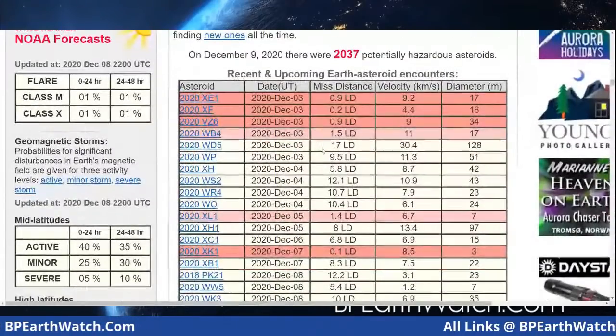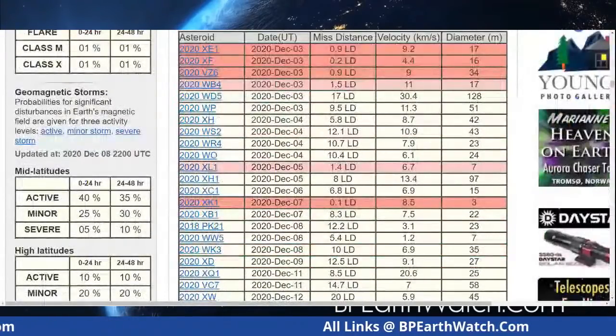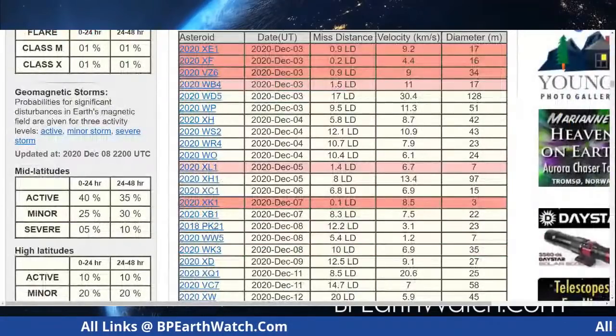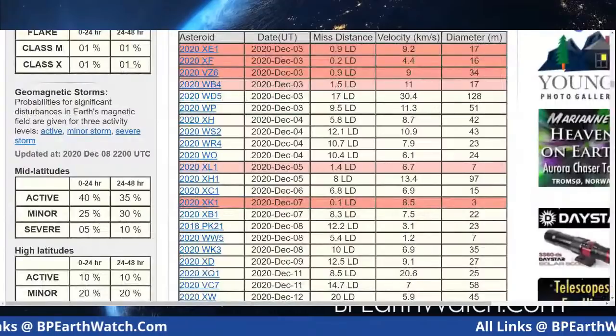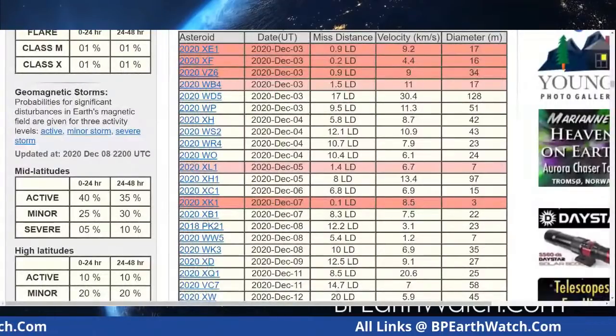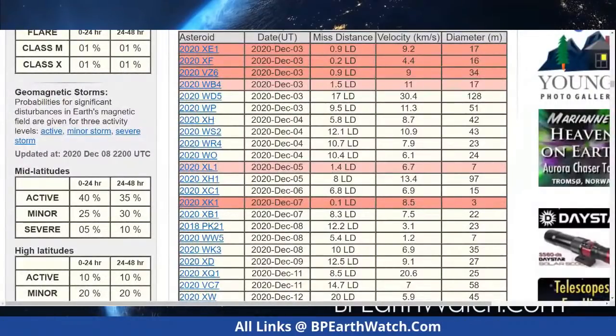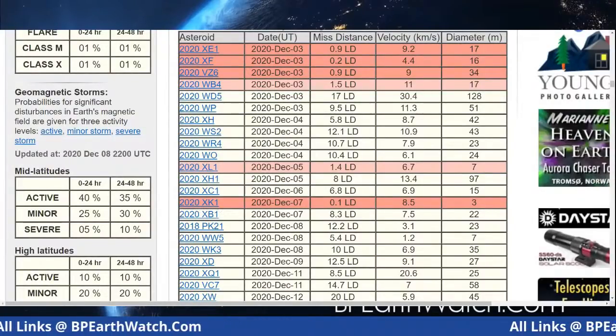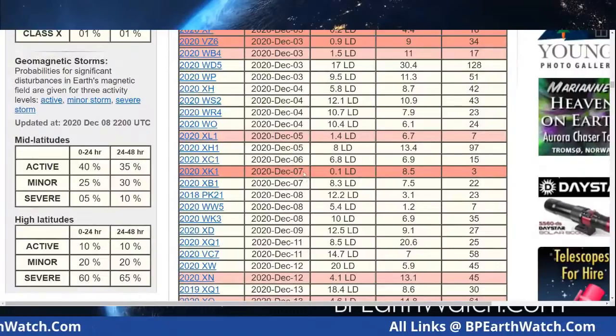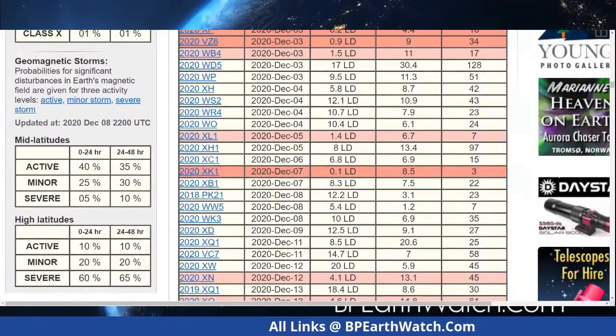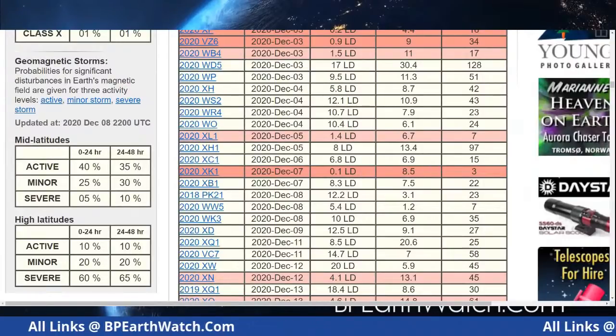Now, when they get close, it's when they are going to come into our atmosphere, or in the upper atmosphere between us and the moon, maybe. But a lot of people ask me, what about 2020 XK1? It came by two days ago. Guys, again, 30,000 miles from the planet is not close, not to me.